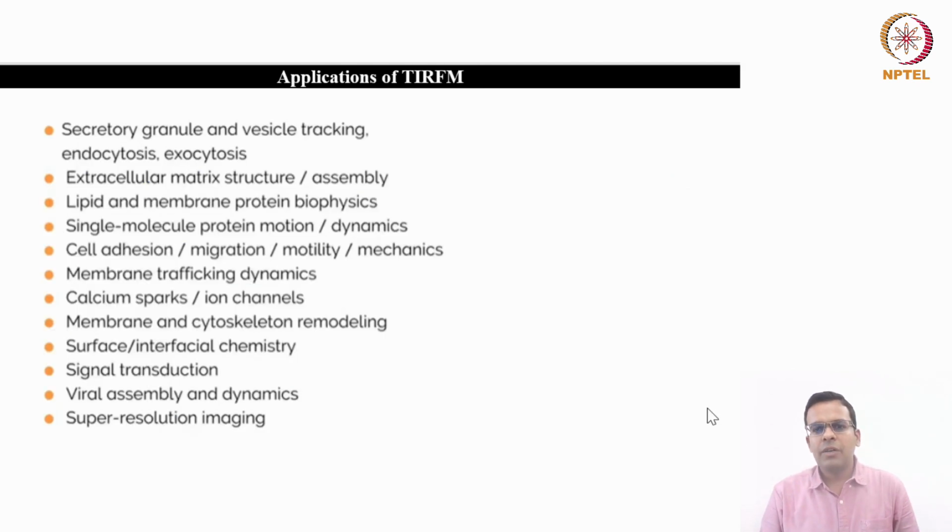So here you can see a variety of applications of TIRF. In which kind of experiments should you use a TIRF microscope? Because as you know, TIRF microscopy provides you the information only for the cell structures which are very close to the membrane, or the proteins which are associated with the membranes. So this is the best technique for studying the secretory granules or vesicle trafficking,